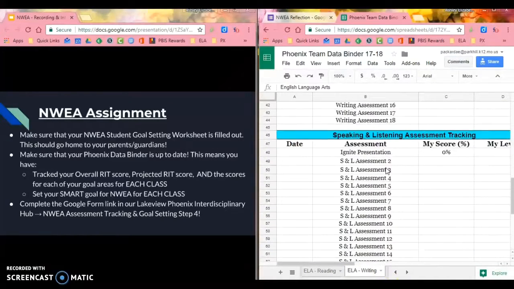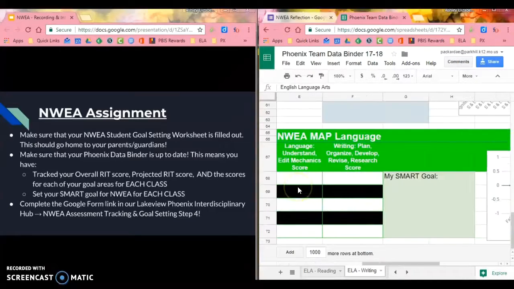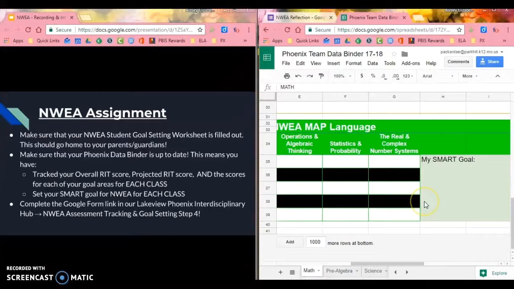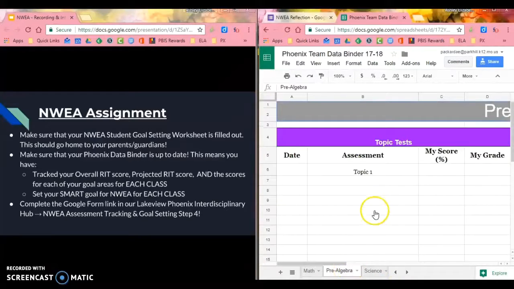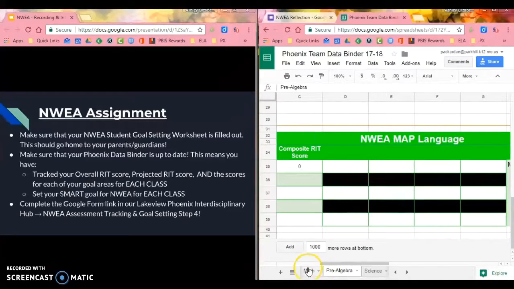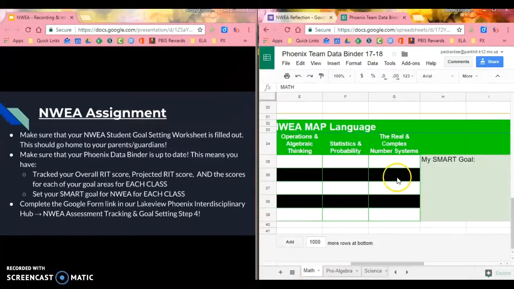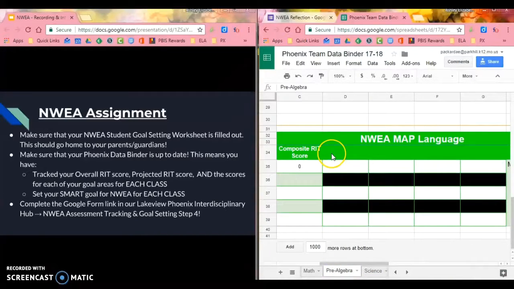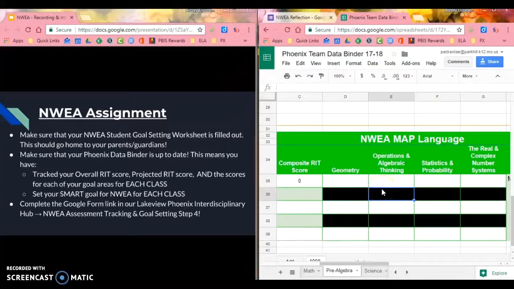You need to do the same thing. You'll have to scroll way down for language arts, and you'll do it there. And you will also do this for math. The same graph exists in math down here at the bottom, and there are 4 goal areas for math, as well as for pre-algebra. And so those are in there. And for pre-algebra, it looks like we may have made a mistake in what we put for your goal areas. So if you need to, you can just copy what is sitting there for math, and paste it in so that you know which one comes where.